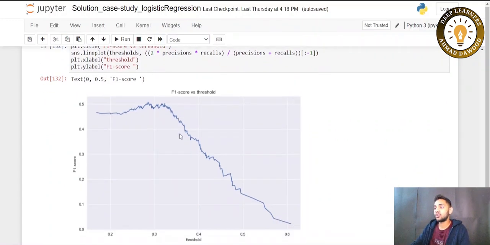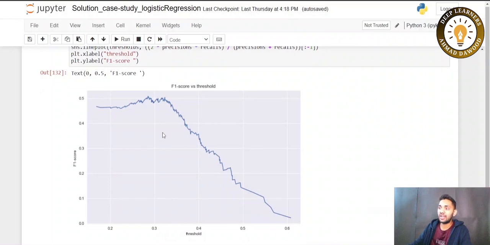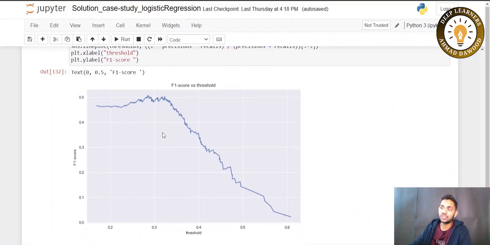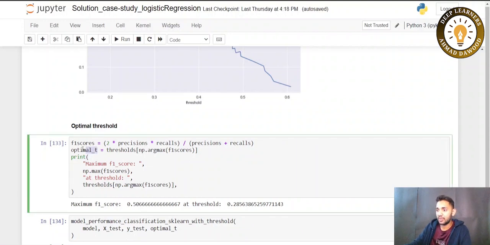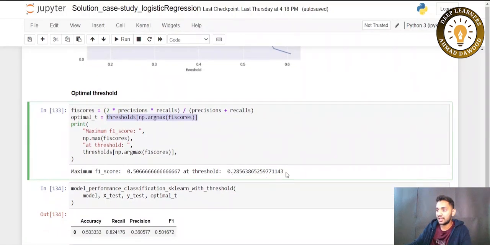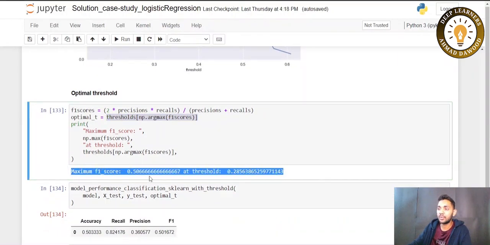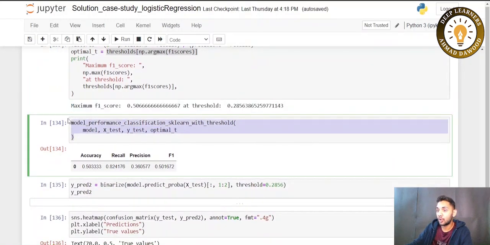So here you can see this is the curve, and we want a threshold which gives the highest F1 score. So the optimal threshold is where the F1 score is maximum. Here it is showing us that the maximum F1 score, which is 0.51, is at a threshold of approximately 0.29. At this 0.29 we have the maximum F1 score, and if we see our model's performance